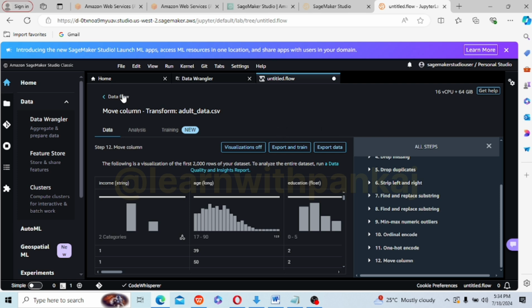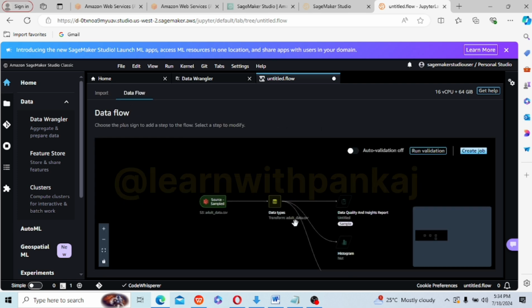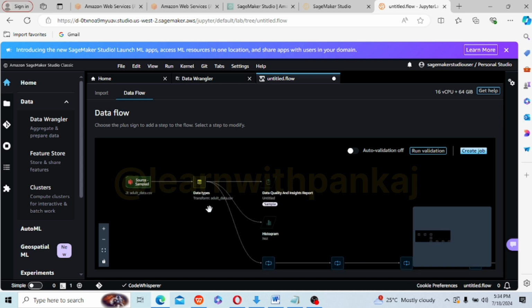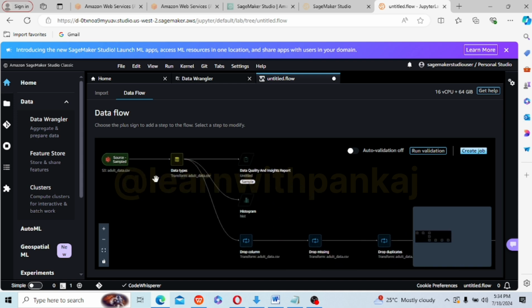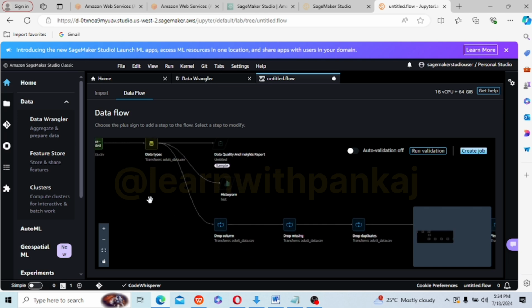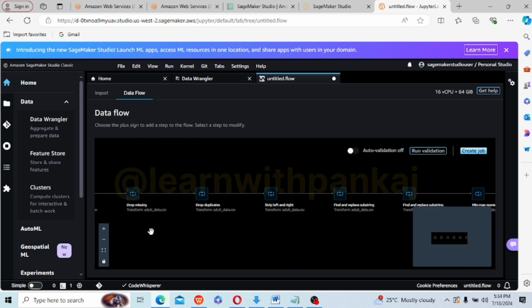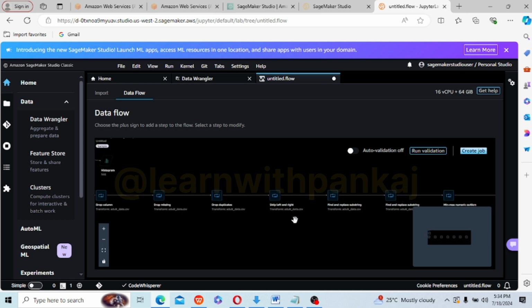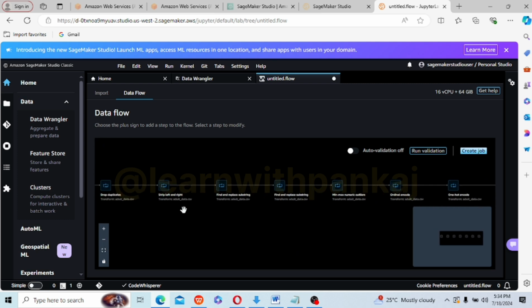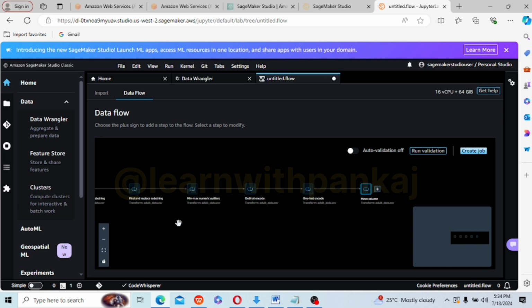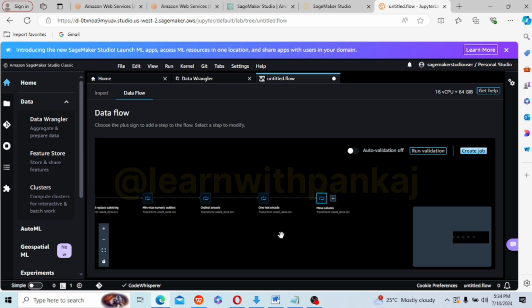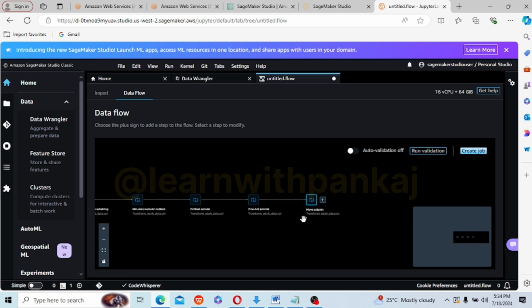Alright, now let's go to data flow. Now you will see your data flow like this. So that is what you have created so far. You took the data from S3, you visualized your data, and from here you saw the histogram, right? Data quality and everything. And now all these transformations, dropping column, drop missing, drop duplicates, string left and right, find and replace, all these transformations you have implemented so far. Now we have to